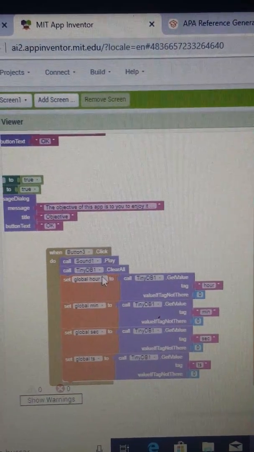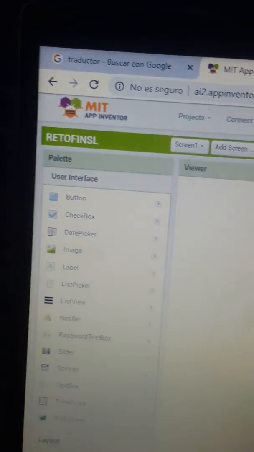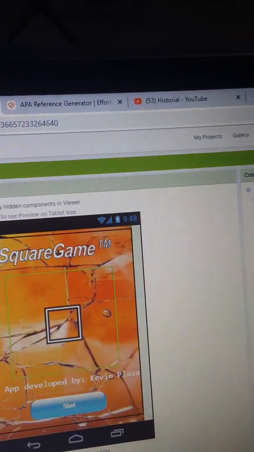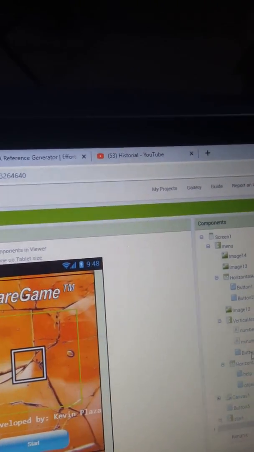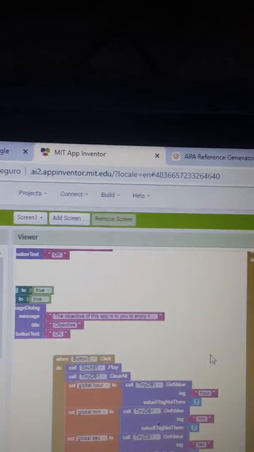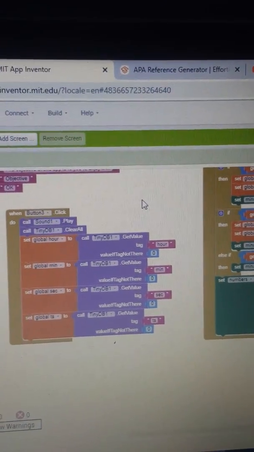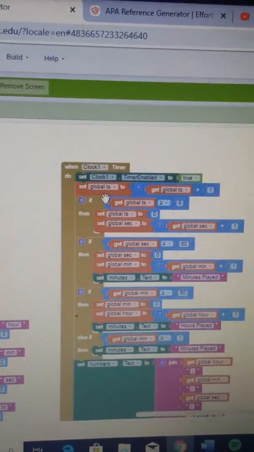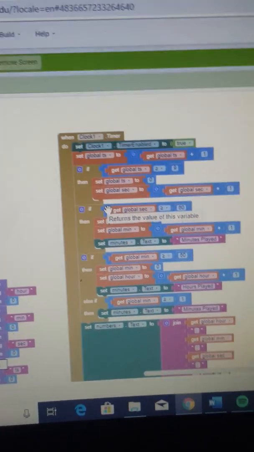Then we have the button 3 that will be this button. Button number 3 is the button that will reset the timer. So as you can see, here is the TinyDB that will be part of the timer. Then we have the sensor, that is the clock, and this block is in all the screens, as you can